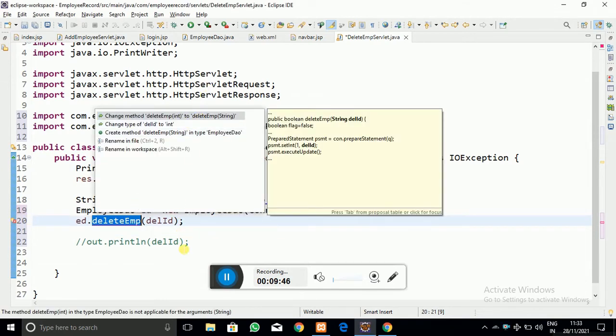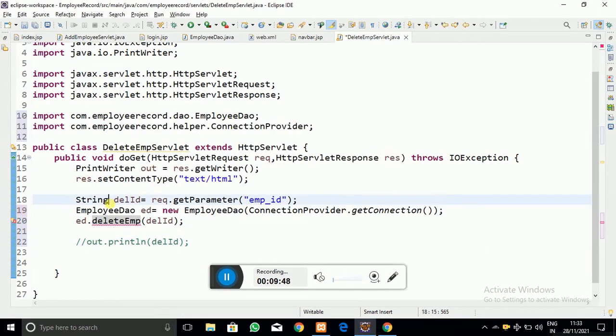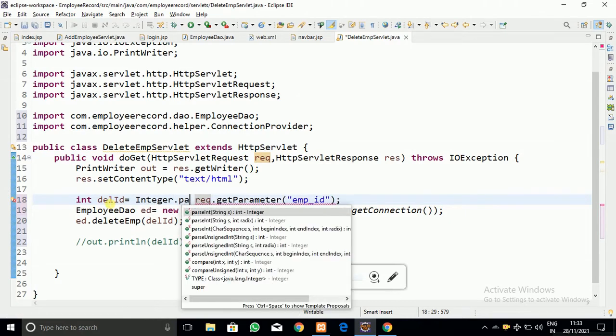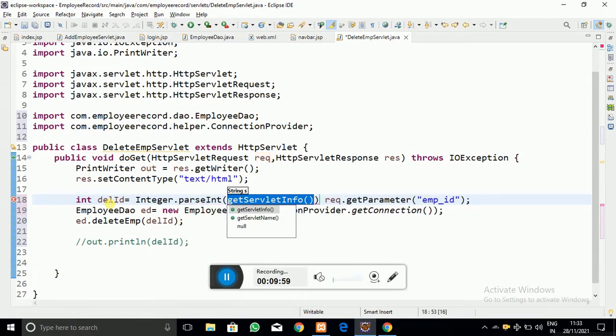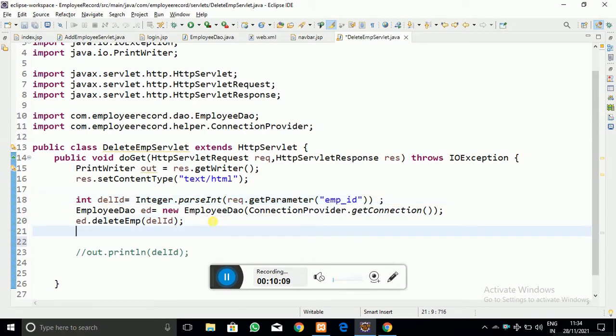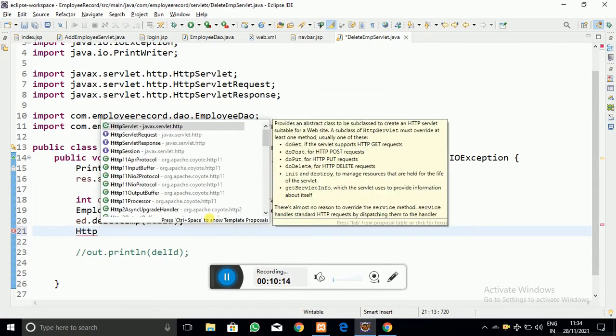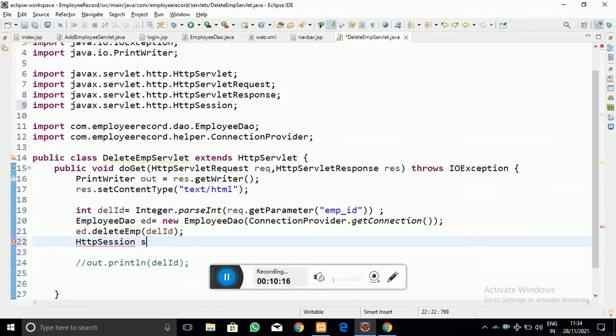That deleteId should be an integer in this case. I just forgot that, so let me parse it into an integer with Integer.parseInt. Whatever we got from request.getParameter is by default a string, and here I have converted it into an integer.